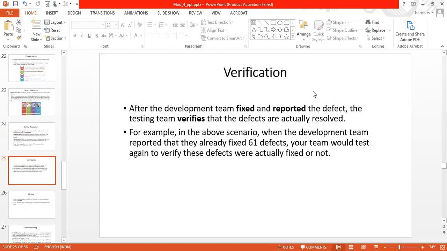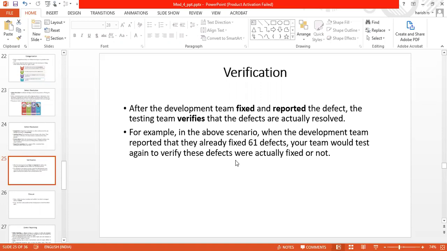And they will say, okay, fine, we are reporting the 65, which have been fixed. And they give it to the tester team. Now it's the job of the tester team to verify whether the 65 fixed errors are really fixed.